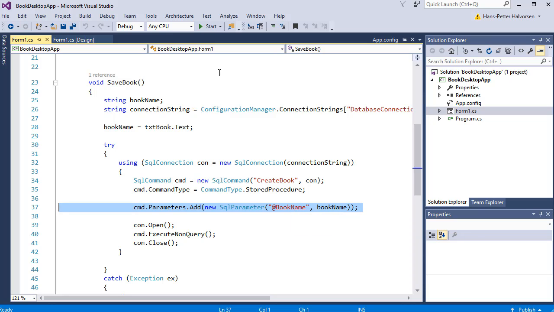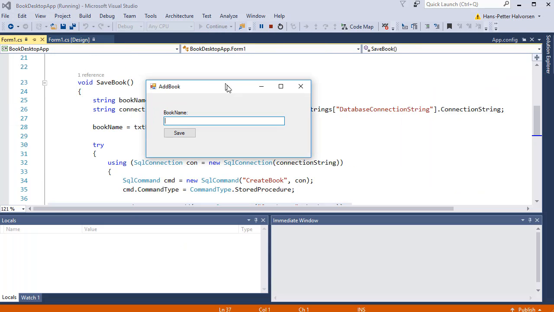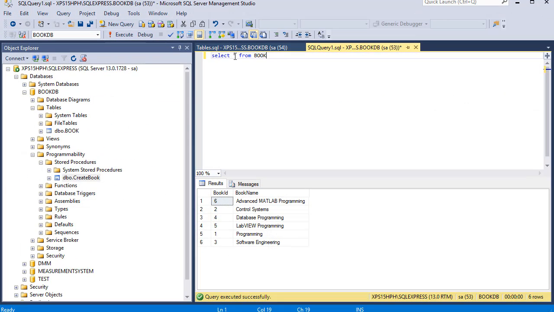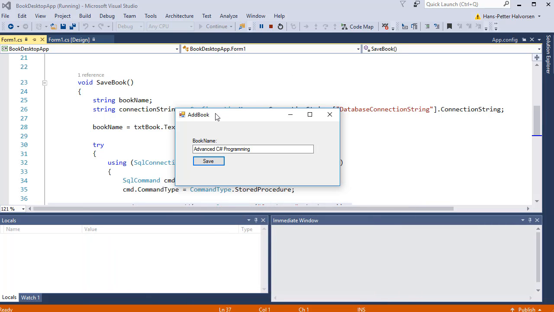So let's test this application. Just click start. And here you see this simple user interface. Let's just enter a book. Something like this, advanced C# programming, and click save. And then we go to our SQL Server Management Studio, select all from book, and then you see this book has been created in the database on our host computer. So our application works as expected, and now we want to deploy this application